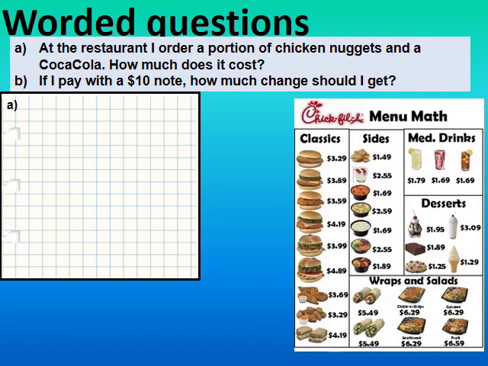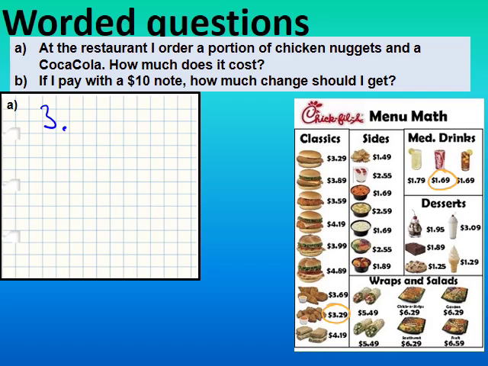Now in the exam they like to ask you worded questions. So that means you need to read the sentence and try and translate the maths question that is involved. For example, question A on here. At the restaurant I order a portion of chicken nuggets and a Coca-Cola. How much does it cost? So chicken nuggets on the menu is $3.29 and a Coca-Cola on the menu is $1.69. So the maths question I need to do is